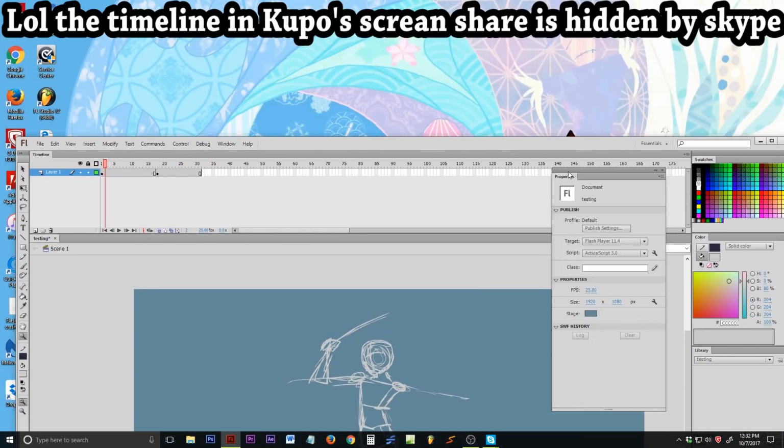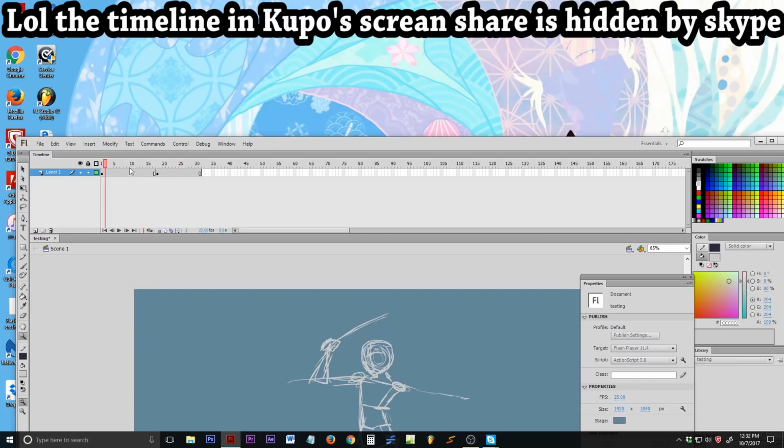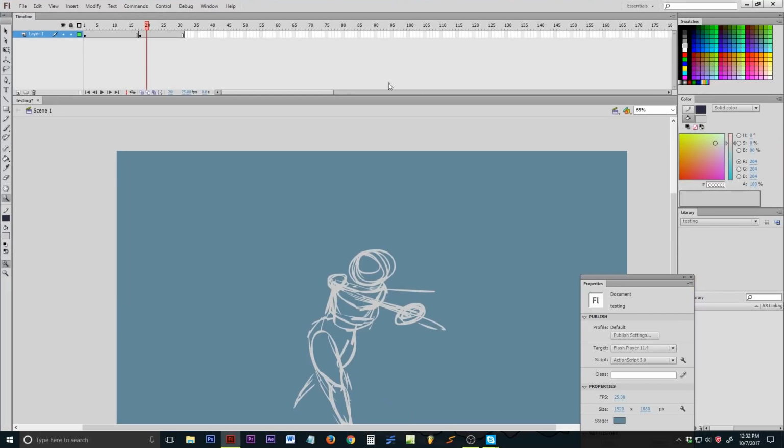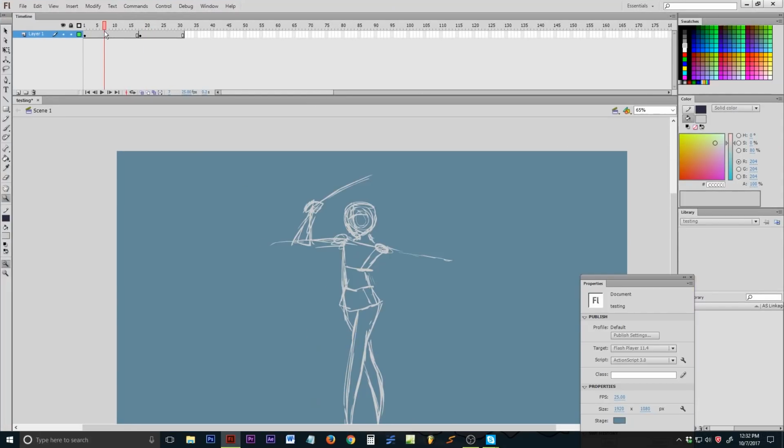Okay, I'm lowering my thing. I see it. Do you see it now? Yes. There's a timeline down here. In the timeline, there should be layer 1. It'll probably start off with layer 1, and there will be only one little rectangle with a dot. That's usually all you see when you first start out. I have added more rectangles since I'm bringing this back up to a bigger picture. Anyway,